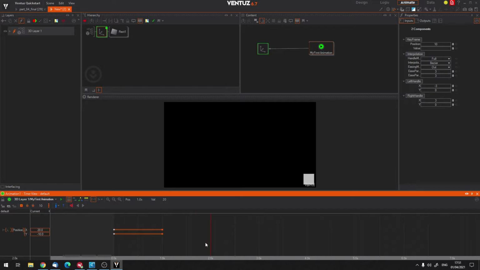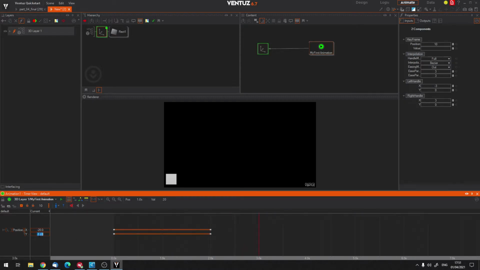If I say after another 2 seconds when you are there, I want you at -20, so on the left side, and I add another keyframe. You also can press insert on your keyboard. That's a shortcut to add a keyframe, right? So now we have a 2 second animation, and then I can say, hey, okay guys, and